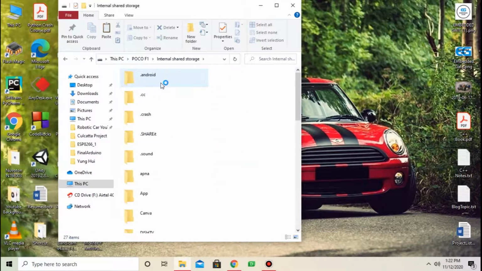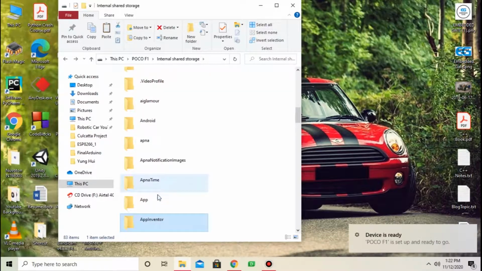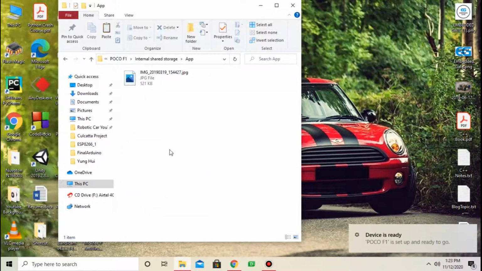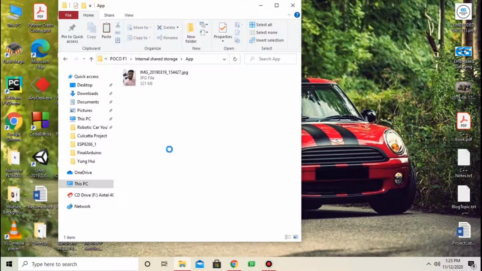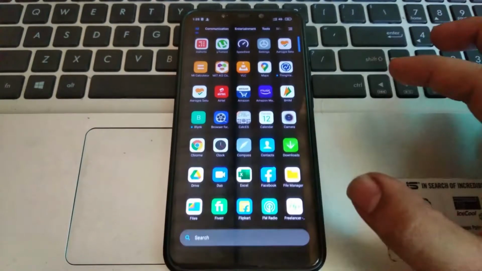Connect mobile with the help of USB and paste in any folder. Install app in your mobile.